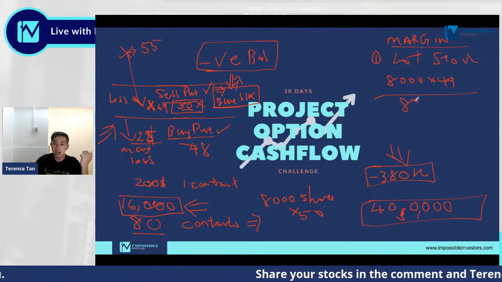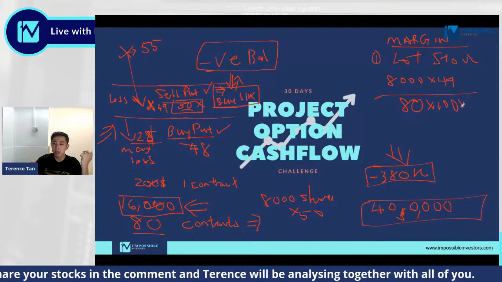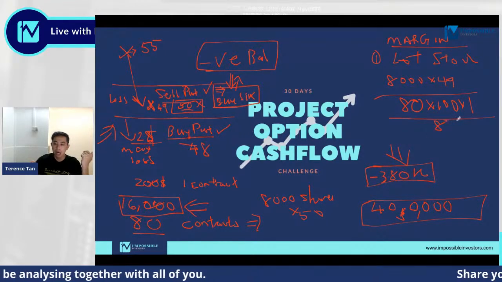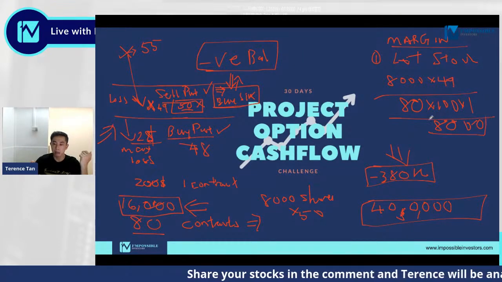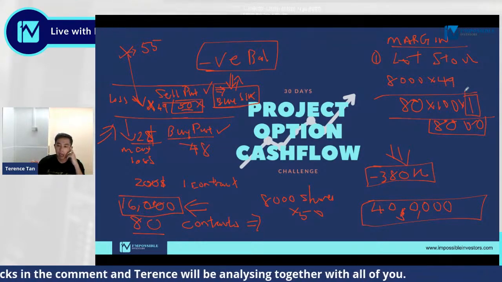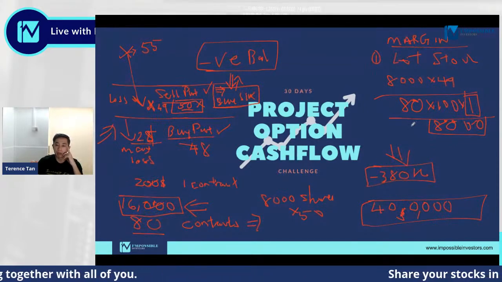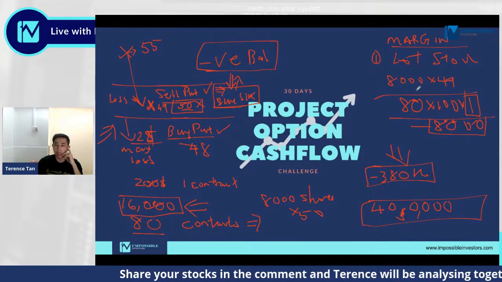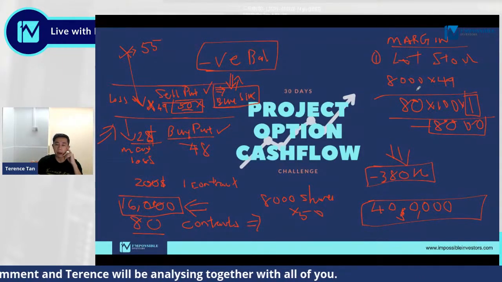was only 80 contracts of options times 100 shares times $1. Now it's not small, but it would have only wiped out half of his account. So he wouldn't have lost as much because he only lost $1 on the share. For 8,000 shares, that would equate to $8,000. So one simple thing was just to let the broker sell off the shares at market value, and he would have got all his balance capital back.